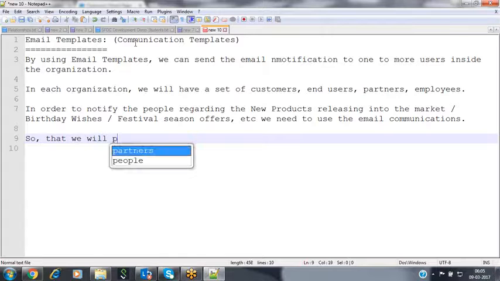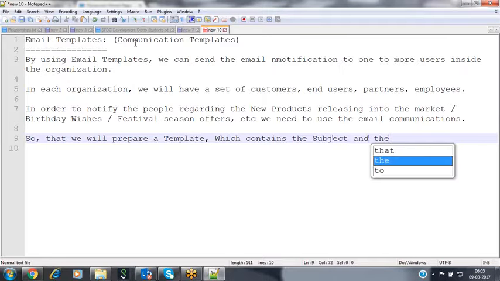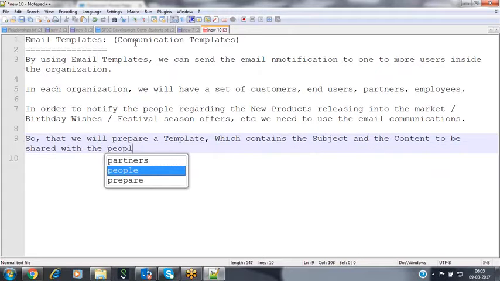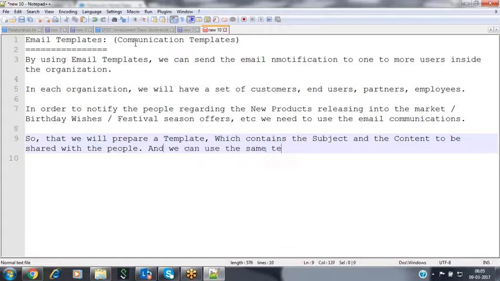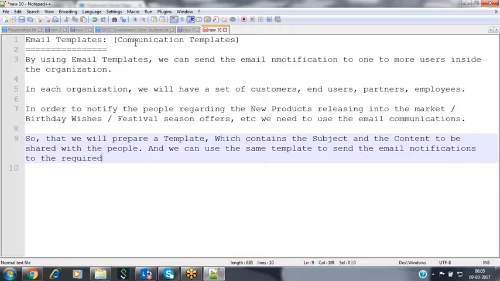We will prepare a template which contains the subject and the content to be shared with the people, and we can use the same template to send the email notifications to all the people, or to the required people, to whomever we want.